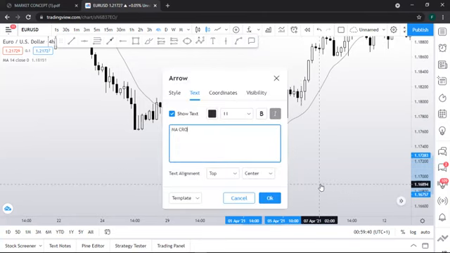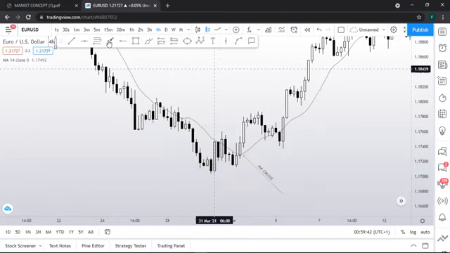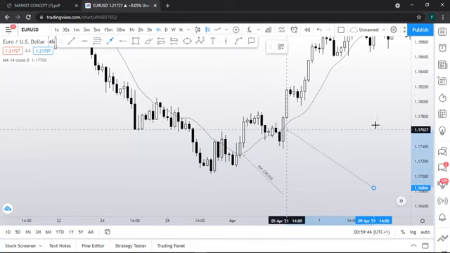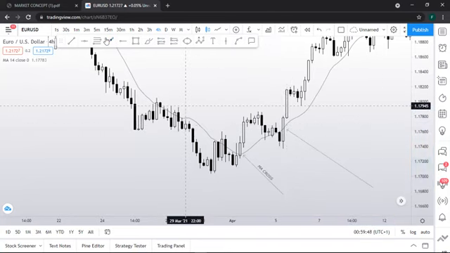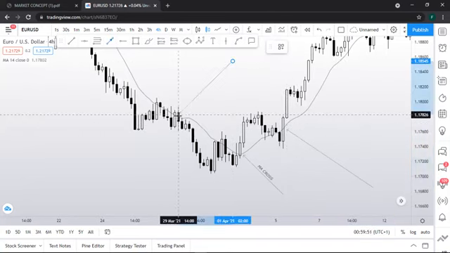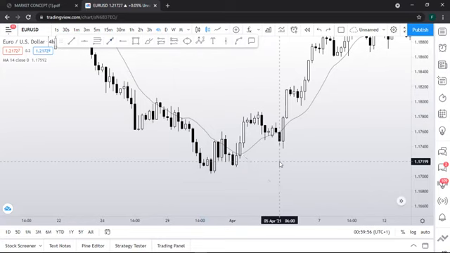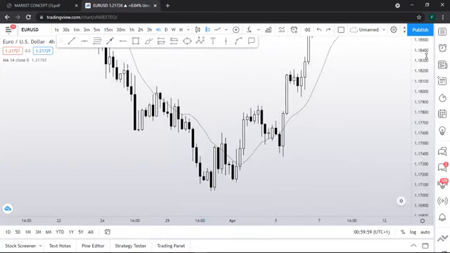MA cross. Look what happened here. MA cross again. All right. Now look what happened here. MA cross. Great. So what I want you to understand is that the MA cross is a beautiful confluence for